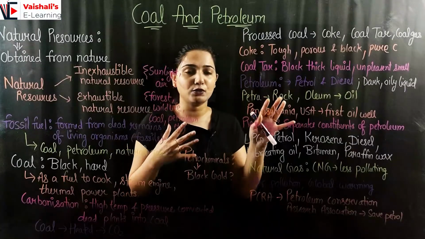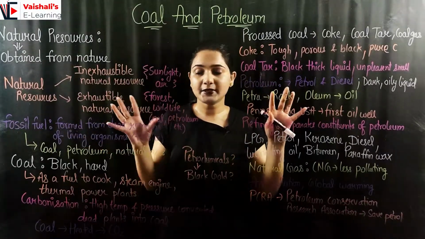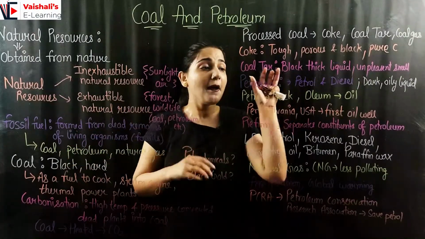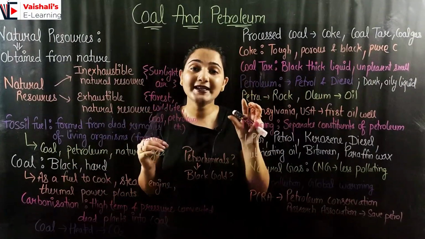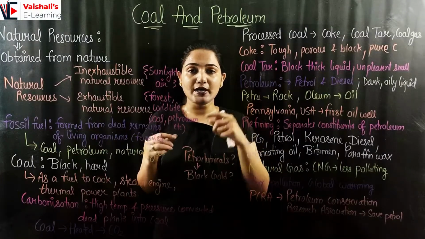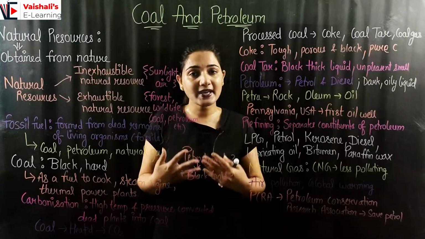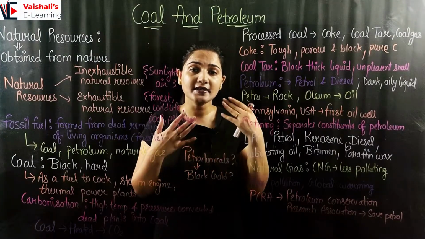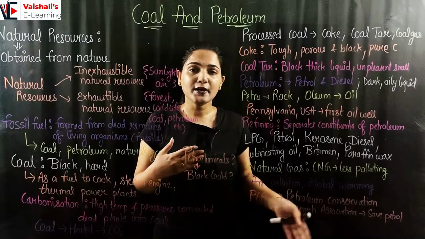Then comes the petroleum. Petroleum is another product, like we have coal. Coal was formed from the dead plants. Petroleum was formed from the dead animals. So in the sea we have a lot of animals, and they die as well. So when the animals and microorganisms die, they settle down, and when they settle down, a layer of soil